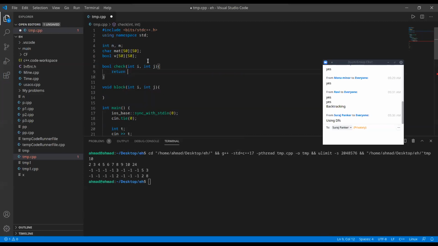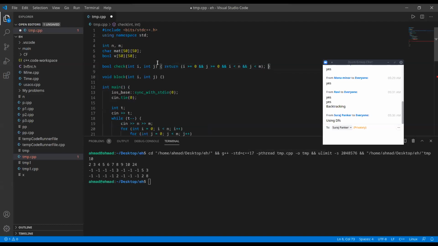So I'll just return one condition here: i greater than or equal to 0, j greater than or equal to 0, i smaller than n, j smaller than m. For this check, it will return false if the cell ij is not in the bounds of n m and 0 0. If it's in the bounds, it will return true.